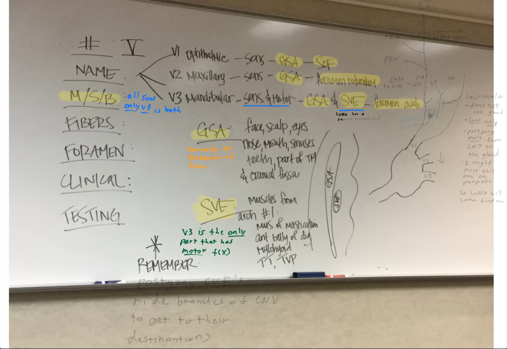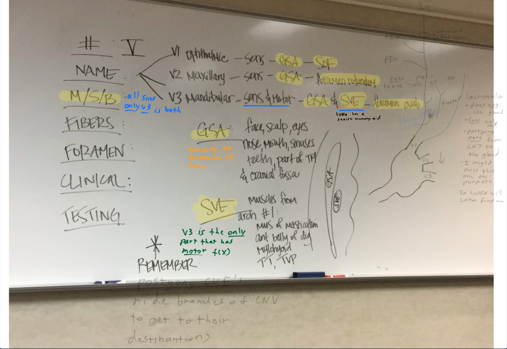Okay, so I wrote this for myself to remember to tell you something. Don't forget that these are the only two fiber types in cranial nerve 5. Just these two. Look at your chart. It's the only ones that have a 5. However, do not forget